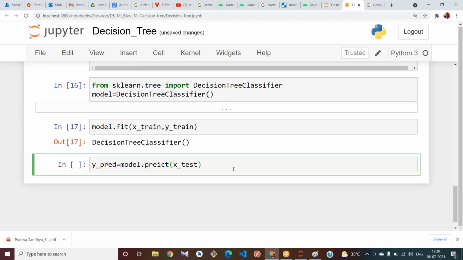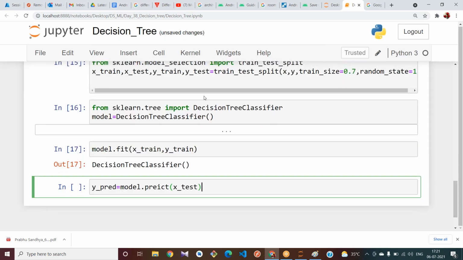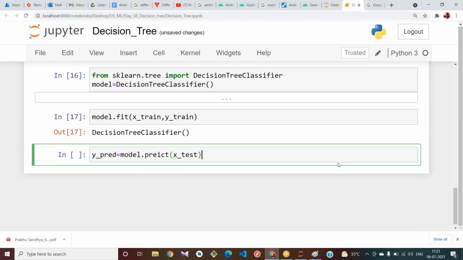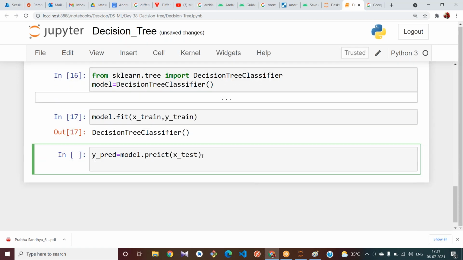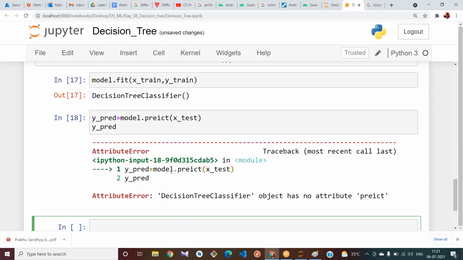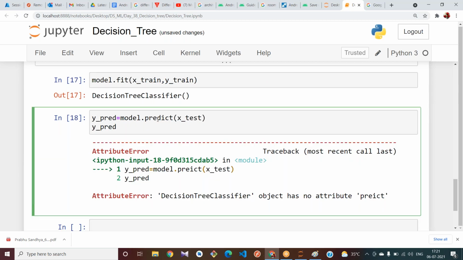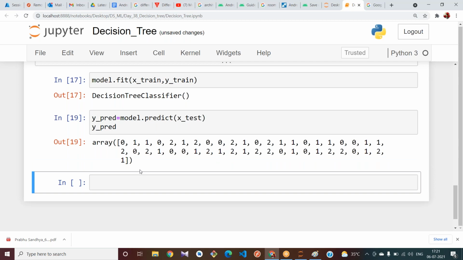I think you know all these steps. I'm not explaining it slowly since we have been doing all these steps for the past few days. Y_predict. See, it has classified the data.